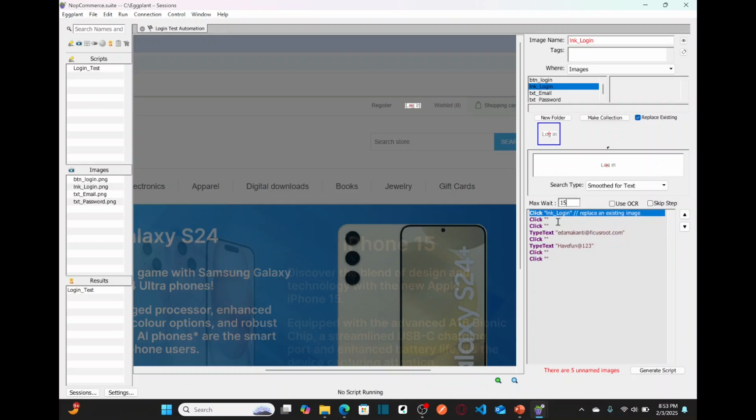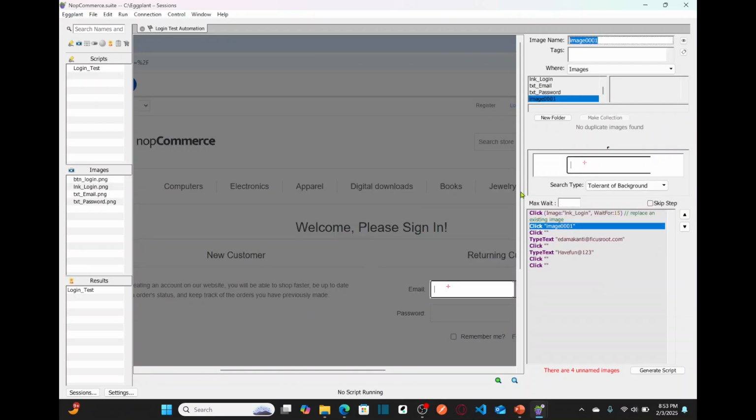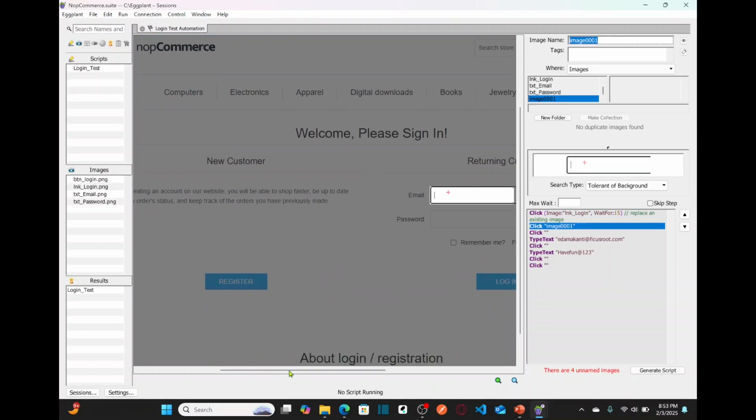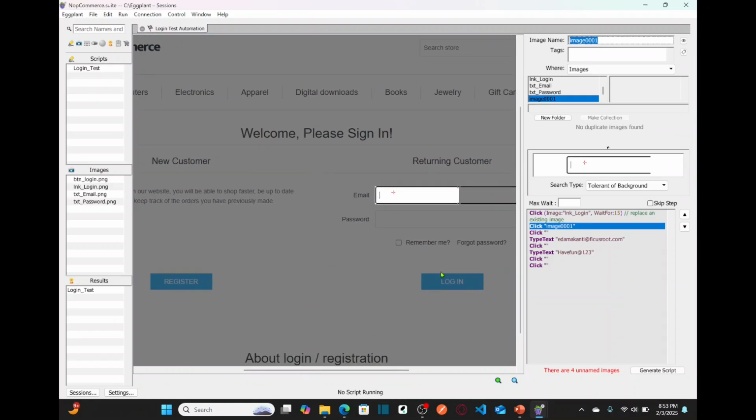The next step is related to the email edit box. When you are interacting with generic UI elements such as the email field, you need to consider the label